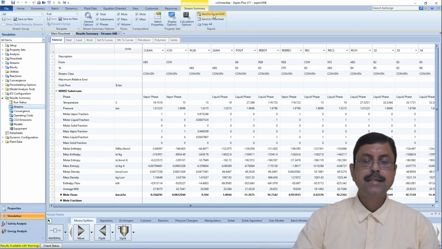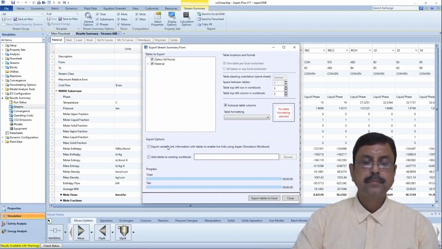So just click it. It will give the option, and you can add the table to existing workbook, or you can take it to a new one. So it says export tables to Excel,